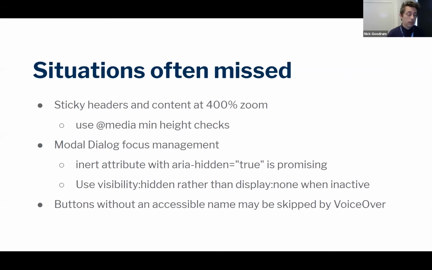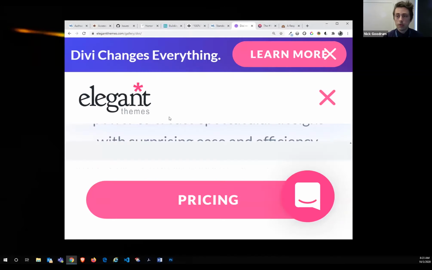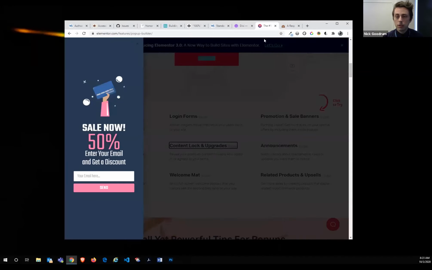Modal dialogues, it's very, very common to do them wrong because it is very easy to do wrong. It requires a lot of focus management, being able to say, as soon as I toggle something, I need to move into that area, then I need to be contained within that area, because the idea of a modal dialogue is that you need to complete this task before you move on to something else. That's why you often have the grayed out areas of a page.